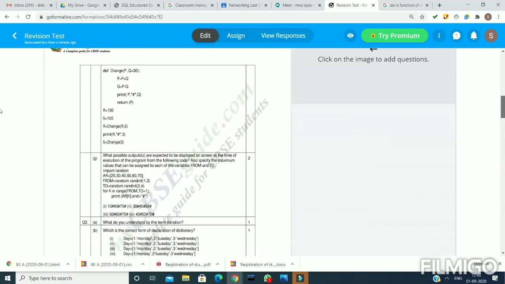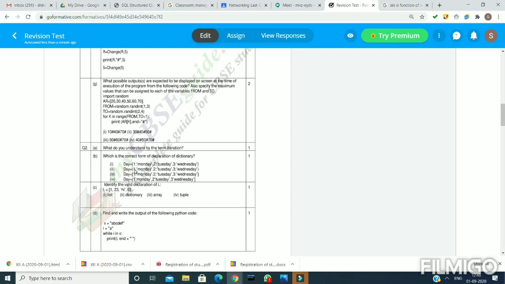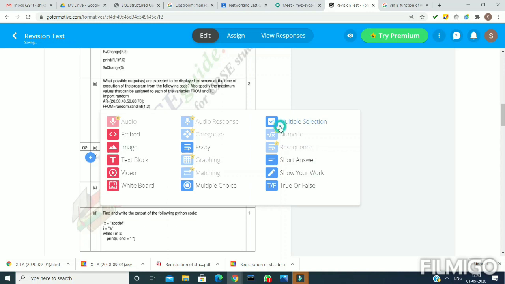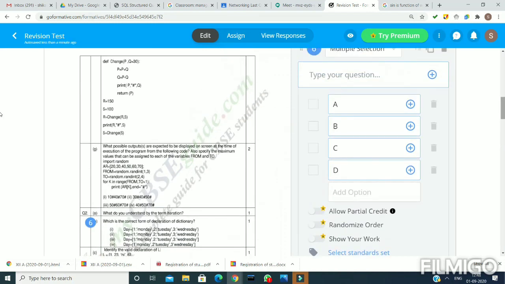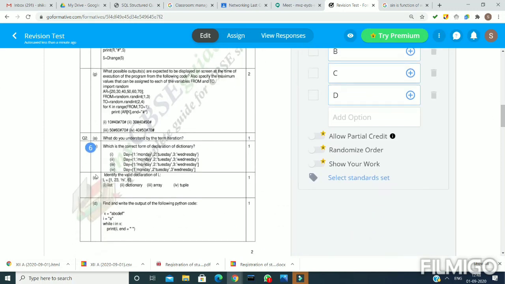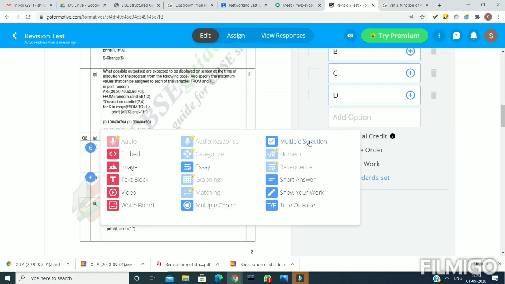Now the other question I am taking, this one. This is also a multiple choice question. Here I am giving the answer like this, this is correct. You can change it from A, B, C, D to 1, 2, 3, 4. Okay, now I am taking this question, question C, my question number 7.